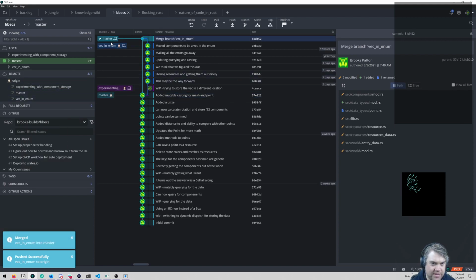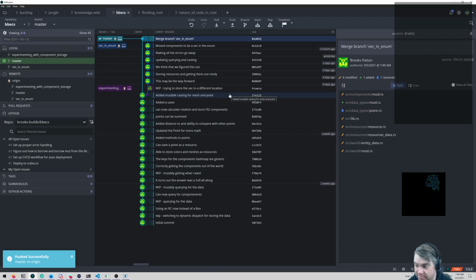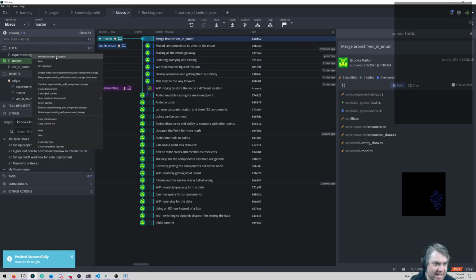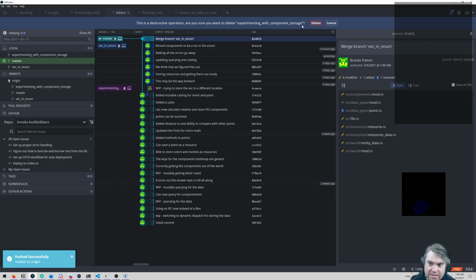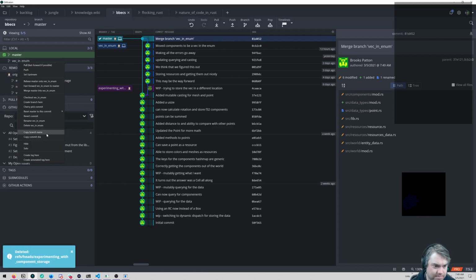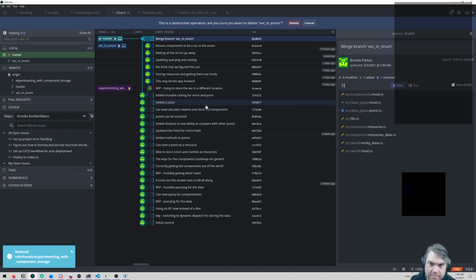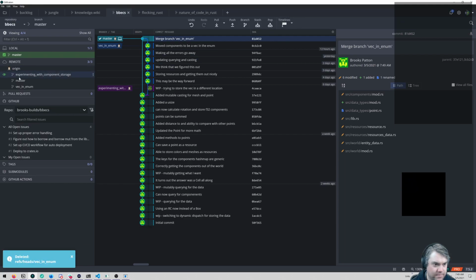What's the problem with that? Push you up. We haven't set up any kind of CI/CD system for this yet, but that's obviously going to be coming. With that, I can now delete all of these other branches because I'm not using them anymore. Okay, so there's that. That's all good.